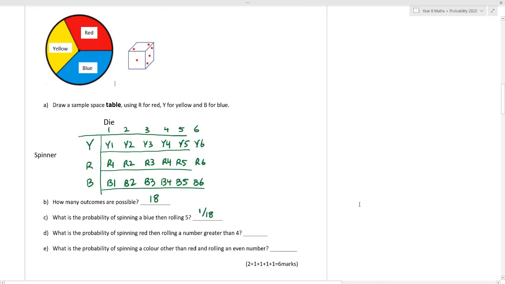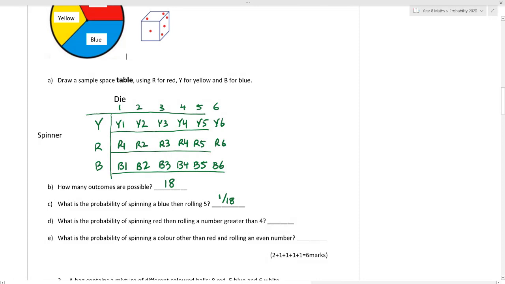So you can see here that we've drawn a sample space by drawing a little table. On the left, I've got my spinner outcomes, which are yellow, red, and blue. I've got a die, which is 1 to 6. You can see that we've got a total of 18 outcomes, 3 times 6, 18. Hopefully you can see that spinning a blue, then rolling a 5, is only one outcome out of 18. The probability of spinning a red, then rolling a number greater than 4,